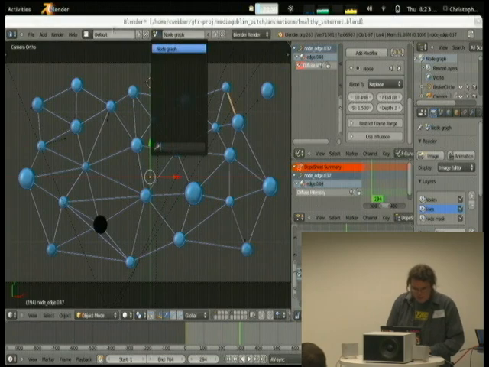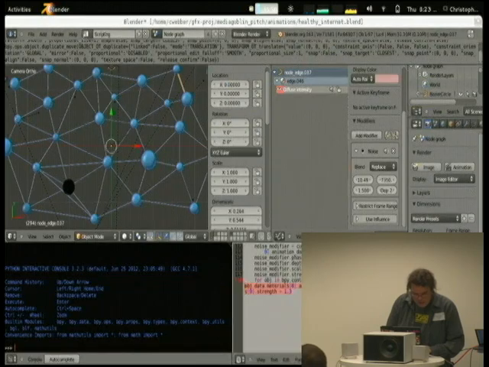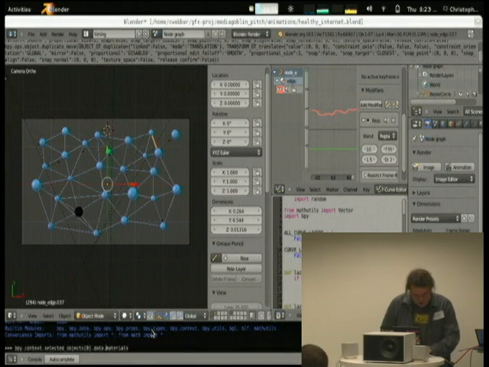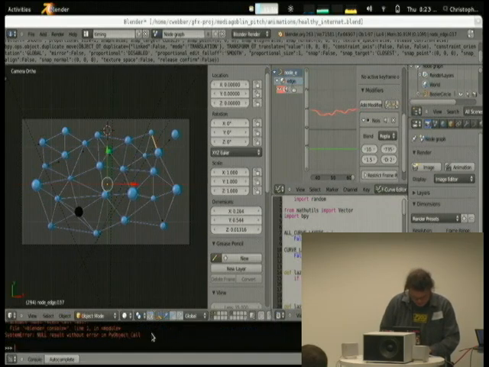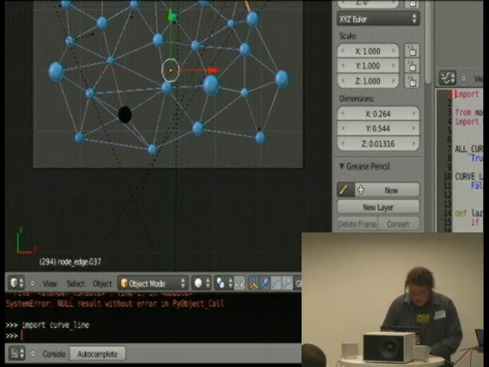So the way that I do things, do I still have it? I called it timing, though it's actually not timing. Let me see if I can, oh man, it kept my history somehow. But anyway, import curve lines, I think it is. Oh, no, it must be curve line. Oh, well, that's messed up. Try this again. Oh, there it goes.